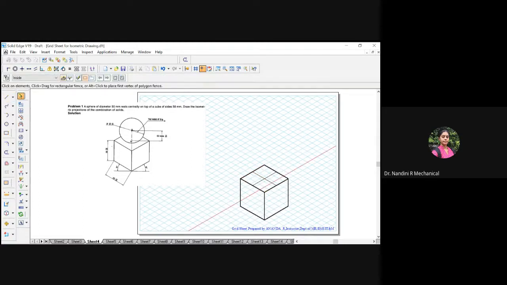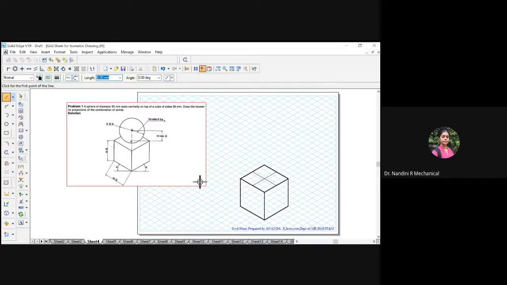Okay, so we got the center. From the center, now we have to take a radius of 25 mm, an isometric radius of 25 mm. So you use the calculator and convert 25 mm into isometric scale. You have to multiply 25 into 0.8164, so you will get 20.41 as the isometric scale. Divide that by 0.8164. So how much do you get? Exactly 2.5 units. So now we have to count 2.5 units.